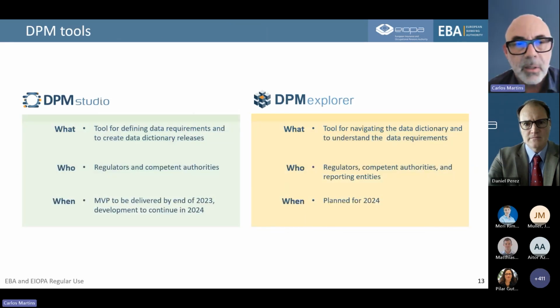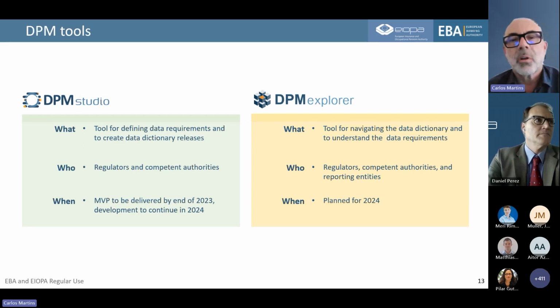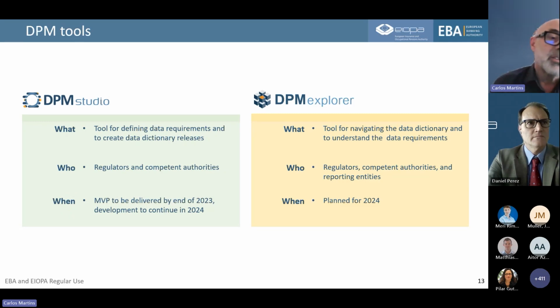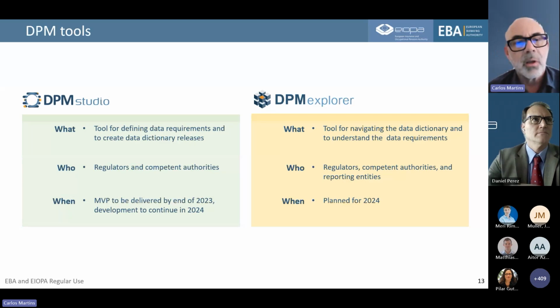This is the last slide, I believe, which is about the tools that we also need to manipulate and use the DPM. We have started a joint project with EIOPA to develop a tool that we call DPM Studio, which is used to define data requirements and to manage the releases of the data dictionary.